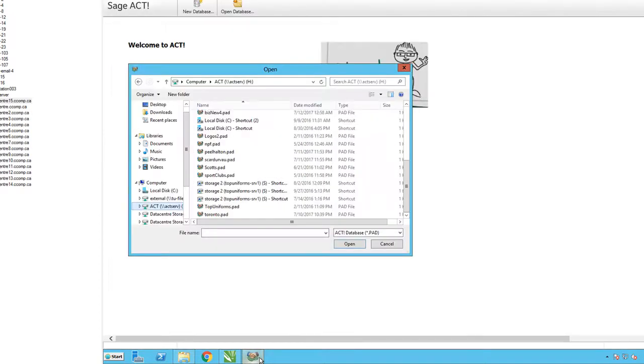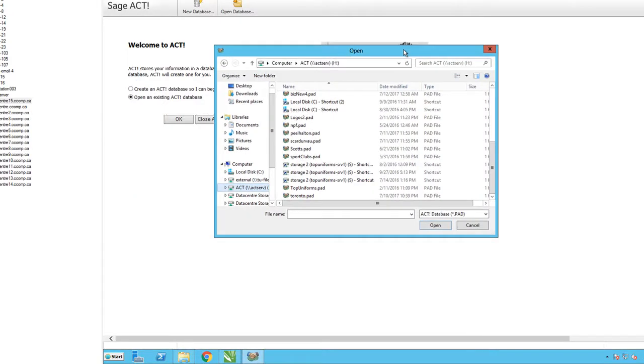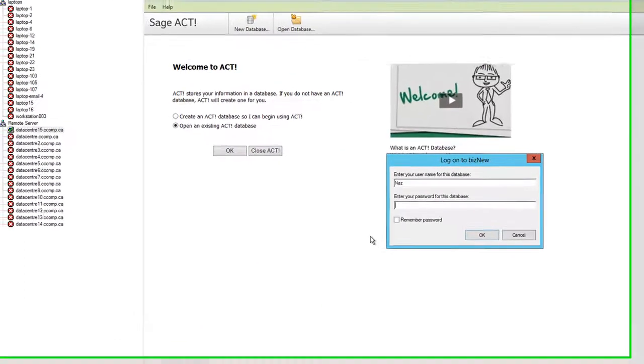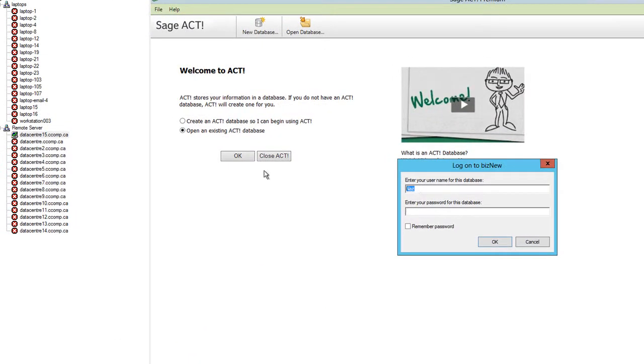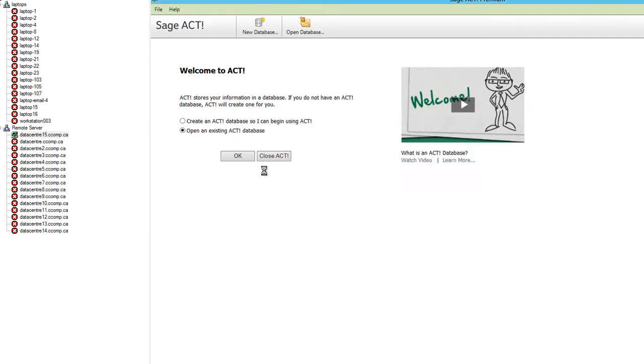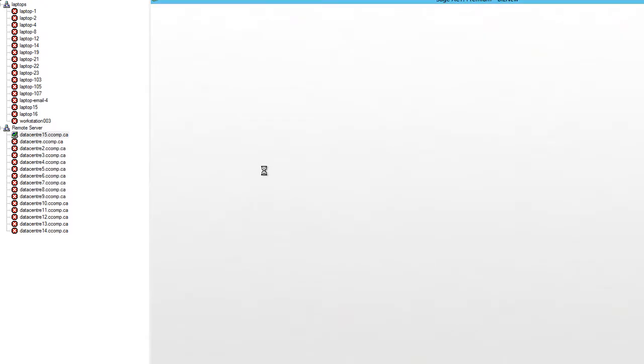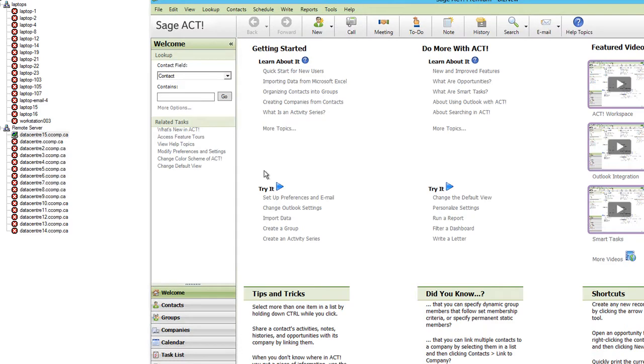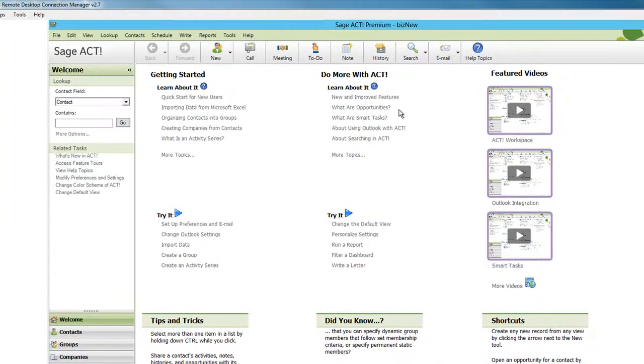Now we open the ACT. I need Toronto because it was the new database. I want to add it, so I use my own username and password. The first thing that you should do